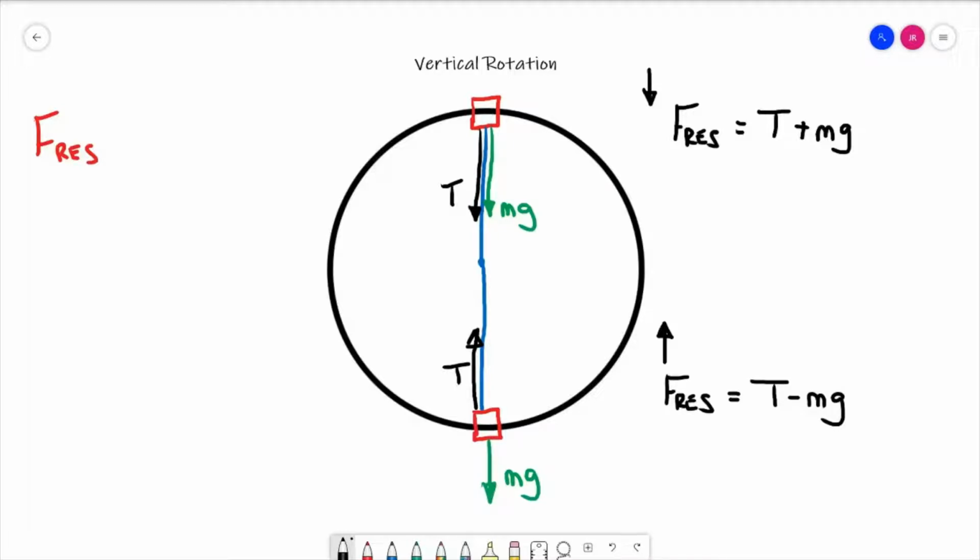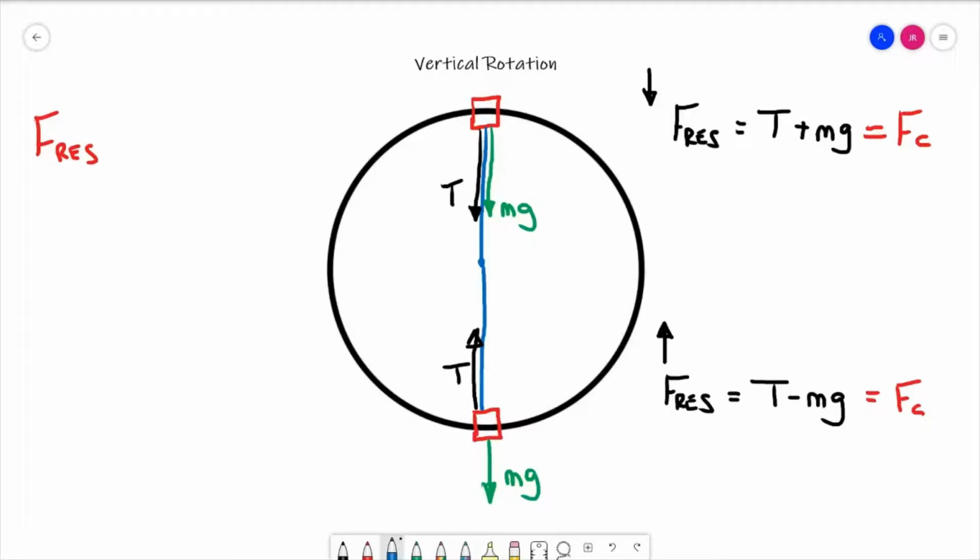So once we've done that and we've worked out what our resultant force is, we can, as we did last lesson, equate those to either of our centripetal force equations. Now before we move on to the next slide, I just want to have a deeper look at tension. And I'm just going to take both of these equations, I'm going to rearrange them to make tension the subject